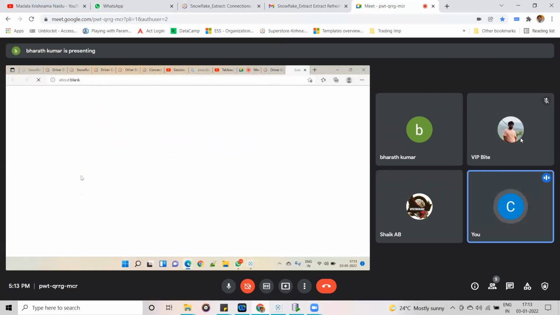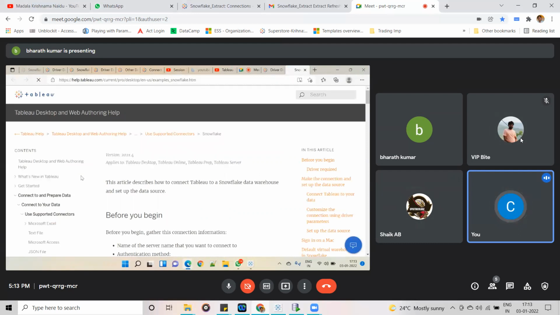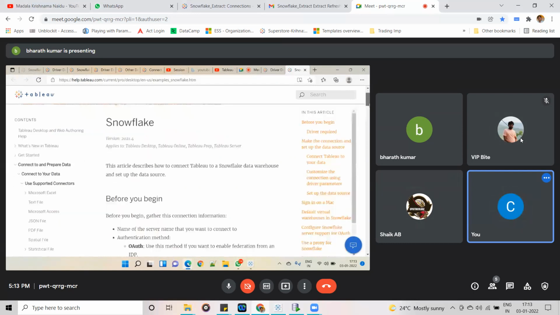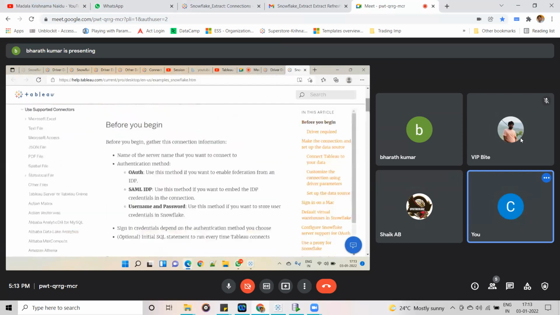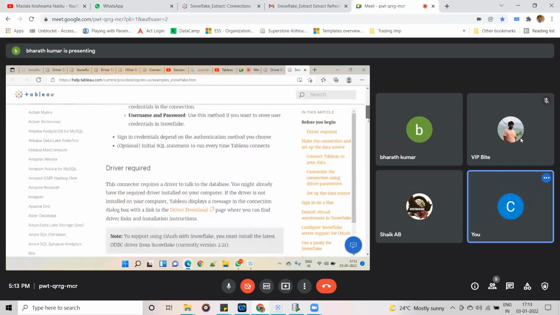Before we begin, name the server name that you want to connect. Okay, scroll down. Driver required. Yeah, scroll down a little bit.